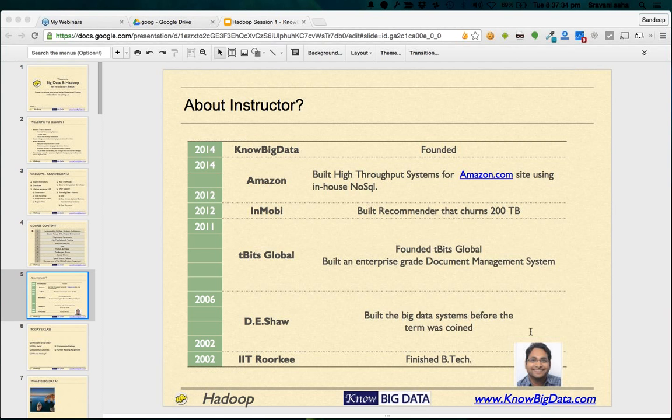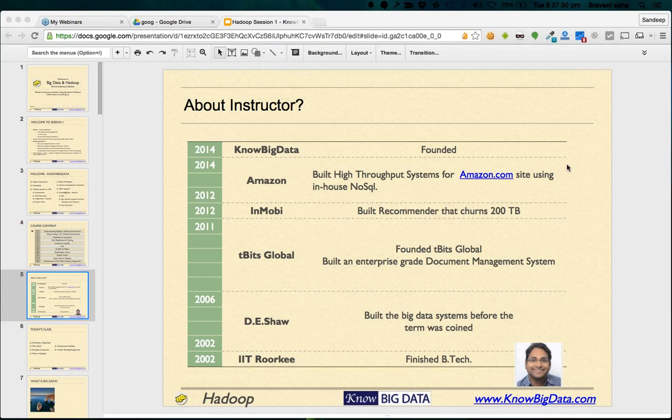So we have Sridhar. Sridhar has 15 years of experience in IT, specifically in service delivery and project management. I would like to learn big data and Hadoop. Brilliant. Great to have you in the session, Sridhar. You will definitely find it useful.